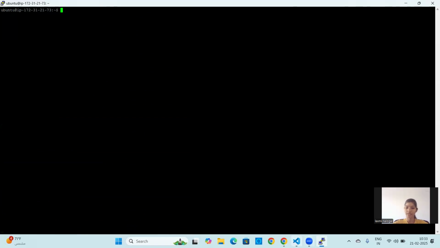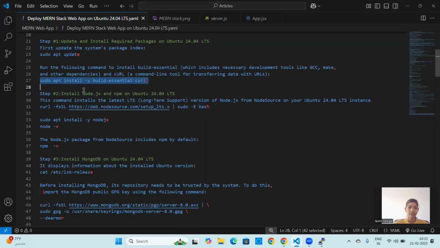Our next step is to install Node.js and npm on Ubuntu 24.04 LTS. This command installs the latest LTS version. It sets up the official NodeSource repository, which provides the latest LTS, that is long-term support, version of